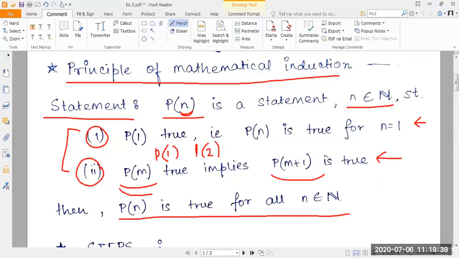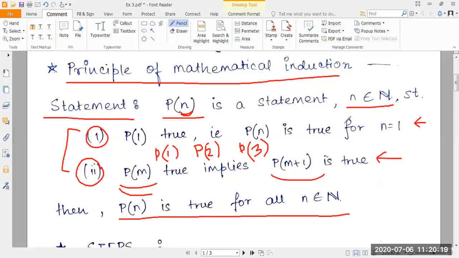My P is a little disastrous. Sorry for that. So if we have P1 is true, then by the second condition, we automatically get P2 is true. Now concentrate on P2. P2 being true, if the second condition is held, then P2 being true implies that P3 is also true. If we move on, then P1 being true implies P2 is true. If P2 is true, then P3 is also true. If P3 is true, then P4 will be true. P5, P6, up to Pn. Basically, all values of n, where n belongs to the natural number set, all of them are true.